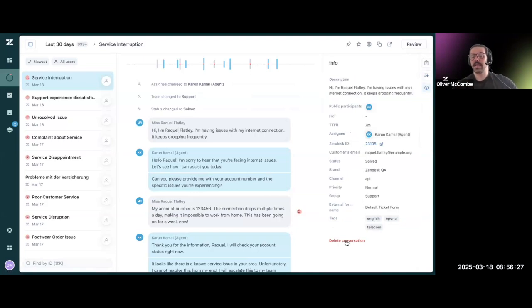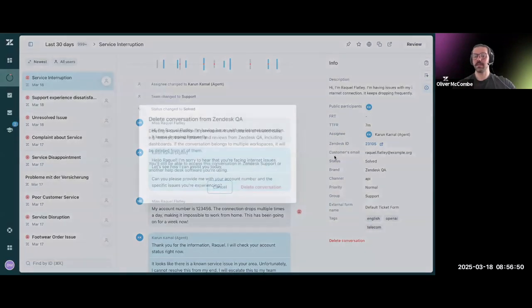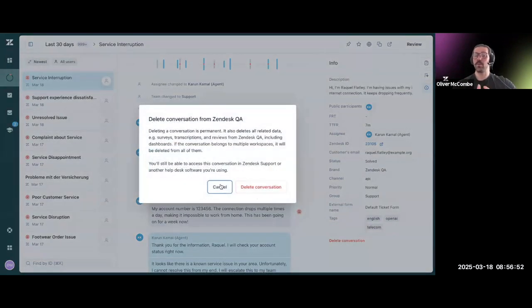What this will do is delete the conversation from Zendesk QA. So it will remove this ticket along with any reviews that we have left from Zendesk QA. It won't delete the ticket from Zendesk. It's a downstream relationship. So everything that comes from Zendesk into Zendesk QA is sort of law and writ, let's say. We can't change things in Zendesk QA and pass that back into the main Zendesk. So if we choose to delete the conversation, again, we have to confirm that, but it will remove it entirely